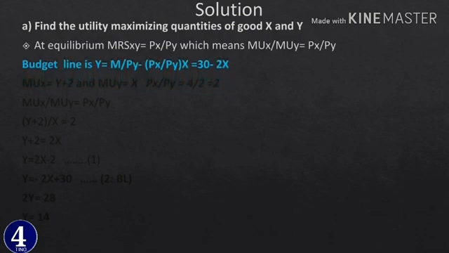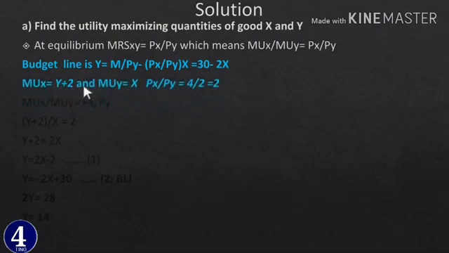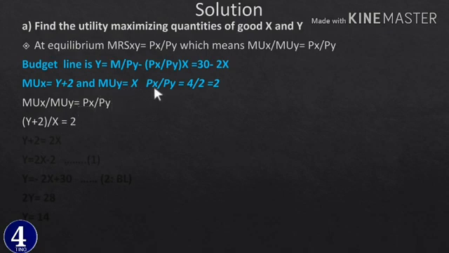Within this given information, we have calculated our budget line above, the marginal utility of x, and the marginal utility of y, which is x. Price of x divided by price of y is 2, which we have put here. So we set the two equal: this divided by this equals this. Marginal utility of x, y plus 2, divided by marginal utility of y, which is x, equals price of x divided by price of y, px by py, which is 2. Then when we rearrange, we get x: y plus 2 is equal to 2x. So y on its own, when we rearrange, 2 goes to the other side, 2x minus